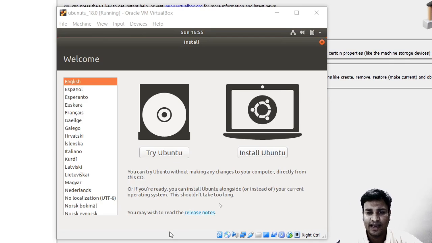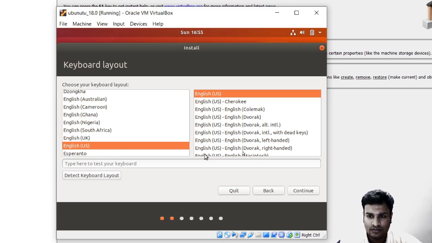So you will get something like this. Just click on English and say install Ubuntu, or if you want any other language you can go with that too. I have not done anything over here. I've just clicked on install Ubuntu, and you see that the circle is rotating. Then I have to select the correct language, and I will just click on continue.